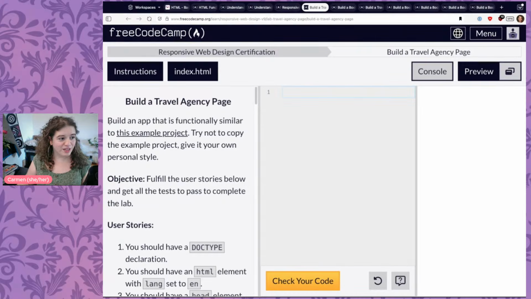So we have an app that we're going to be building, a travel agency page. Ooh,